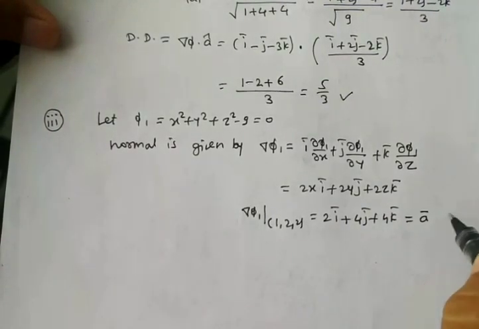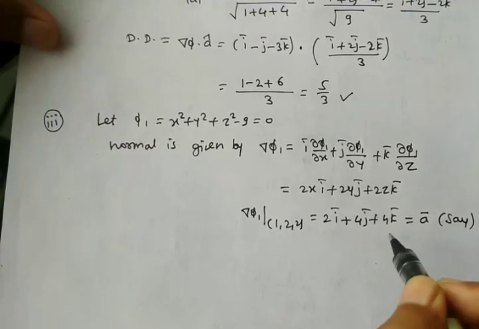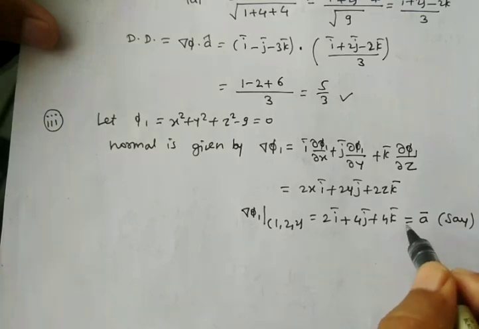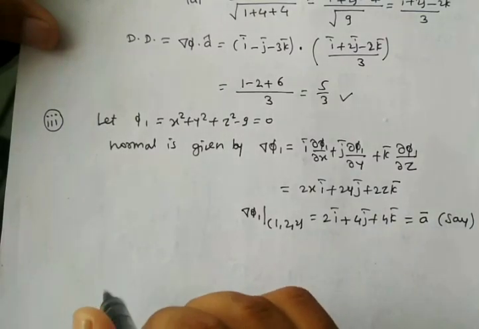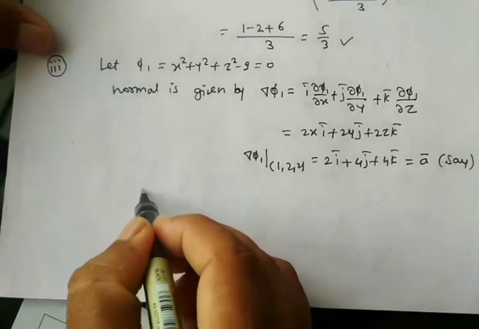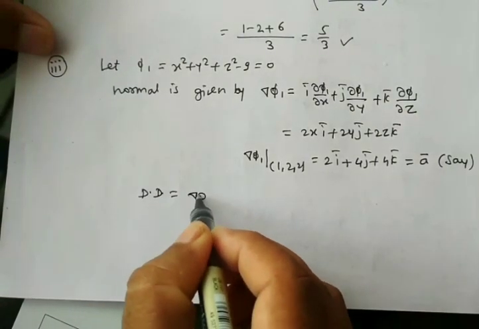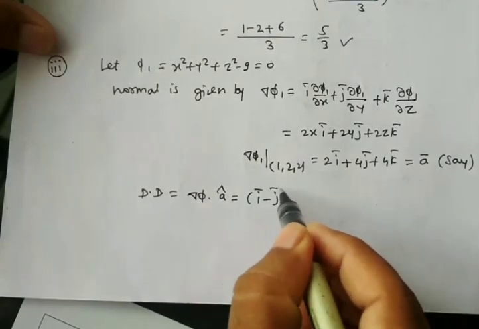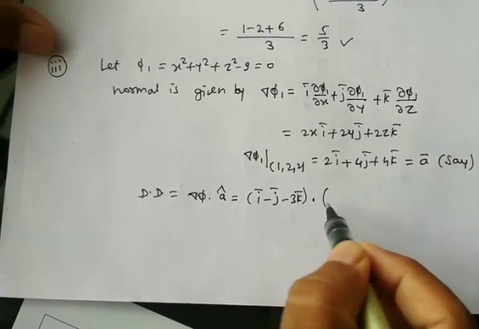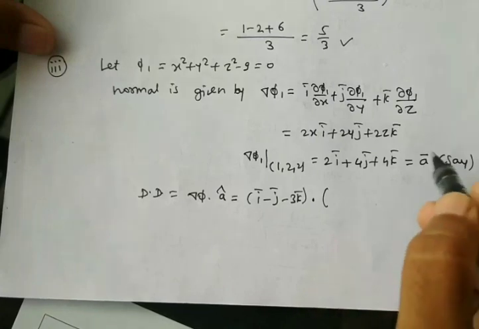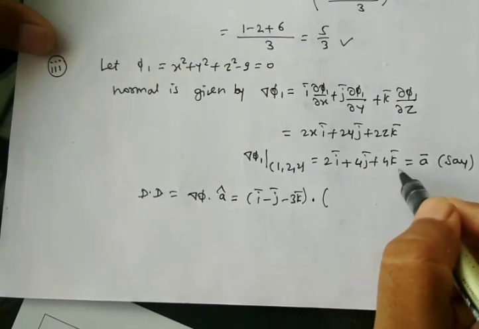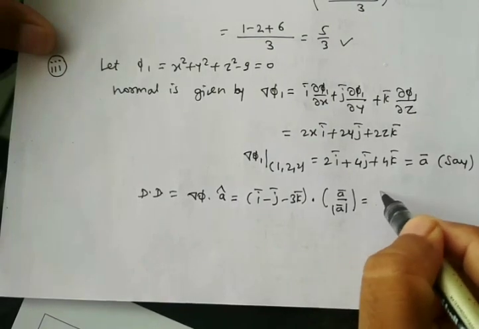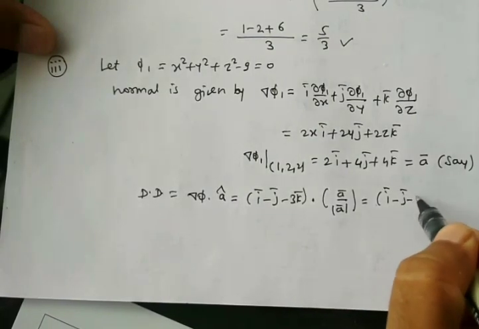Now we just suppose that this is a bar, say, because this is the equation of a normal vector, and along this vector we have to find the directional derivative. So the directional derivative dd is given by del phi dot a cap. We already calculated the value of del phi. It is I bar minus j bar minus 3k bar dot. Now a cap is a bar upon mod of a bar. This is equal to I bar minus j bar minus 3k bar